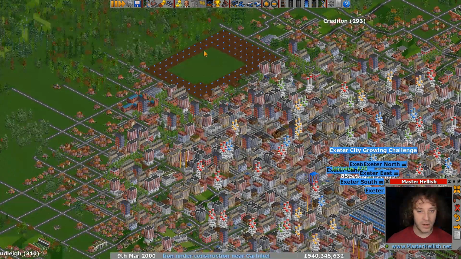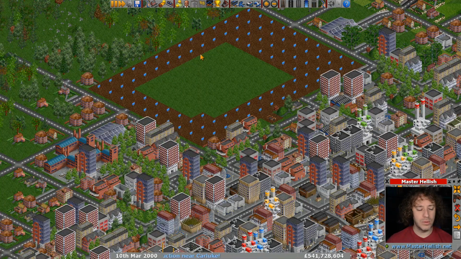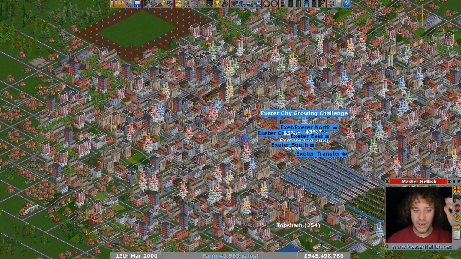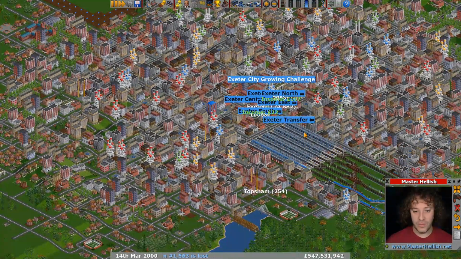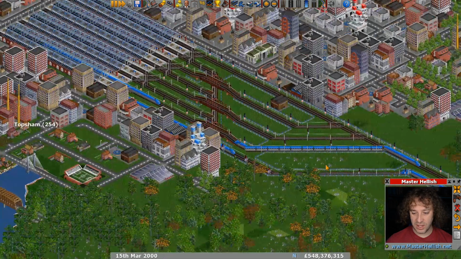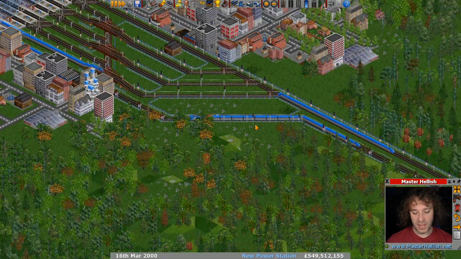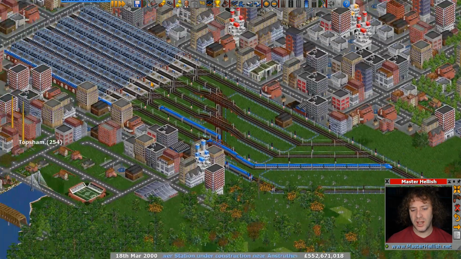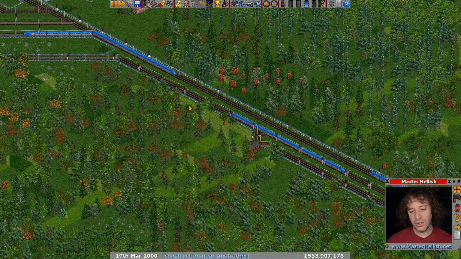Exeter's grown lovely. You've got a big space sectioned off up here. That looks like an intercontinental airport if ever I've seen one. It could be for a railway station though. And you've got a massive station down here with really good splits. Now the one thing I would say about doing a large station like this and only having a 2-track line